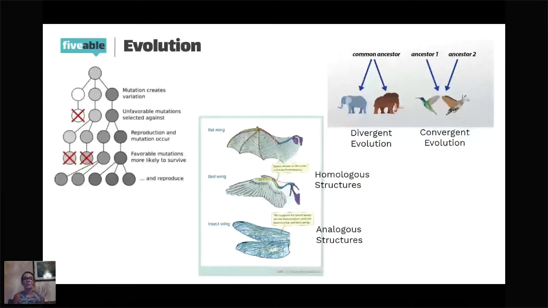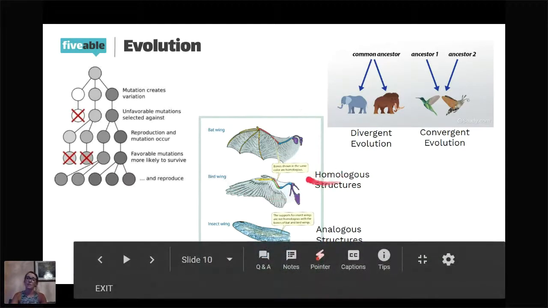Another example would be humans and monkeys. Humans did not evolve from monkeys because monkeys are still alive and well. We just had a recent common ancestor with monkeys, and then off came humans, off came monkeys, and we're very, very closely related, right? But we didn't come from one another. So that divergent evolution oftentimes leads to homologous structures, where we see structures that are almost identical, but they're doing